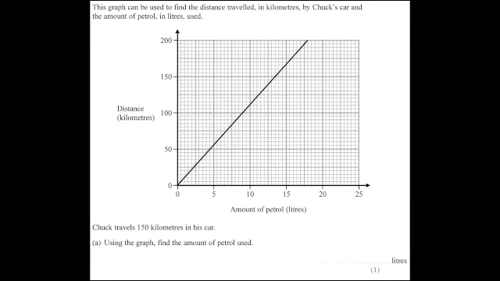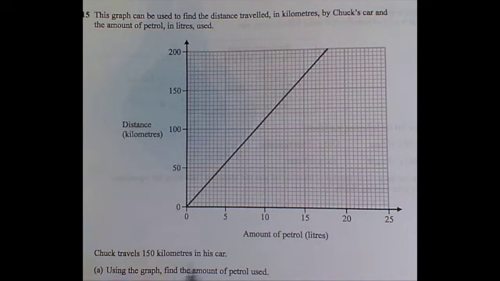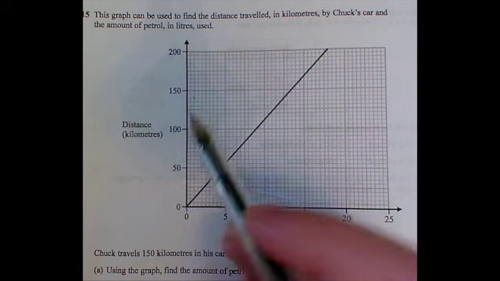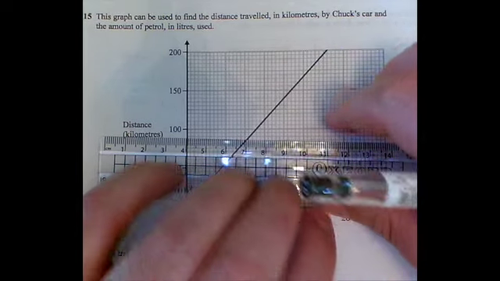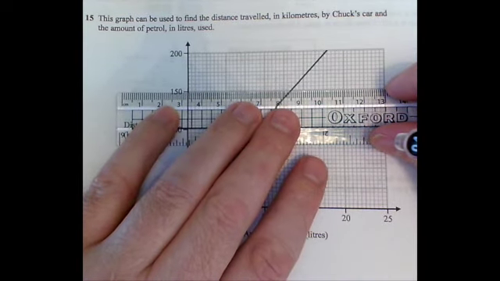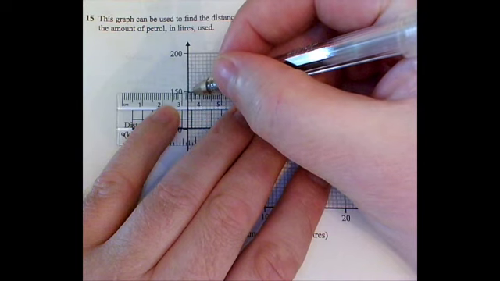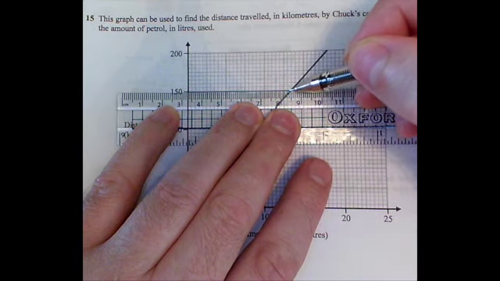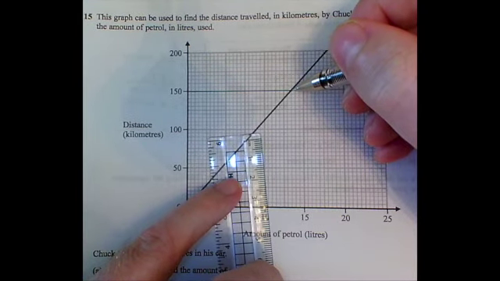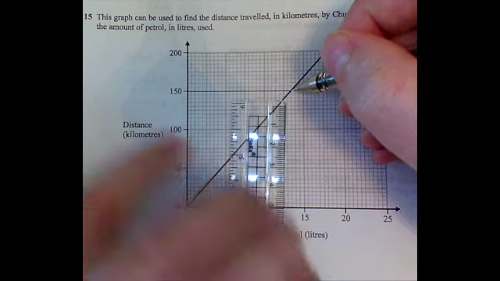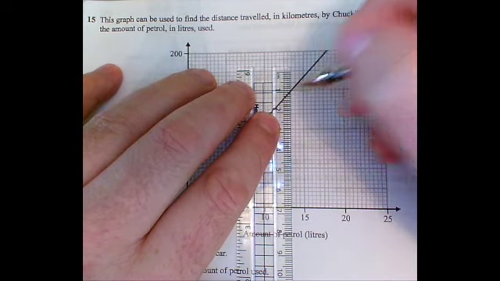So we've got a distance, fuel, cost kind of question going on here. I think the first thing we'll do is use that graph with 150 kilometres, and we must show a mark on the graph to show the examiner that we have used the right amount. So because the graph is talking about 150 kilometres, I'm going to draw a line along from 150. And of course where it hits the graph, that's where I'm going to go straight down, perpendicular to the x-axis, petrol, and that should let me know